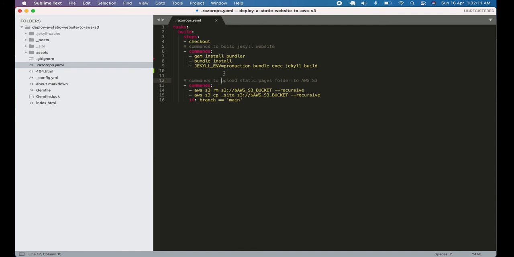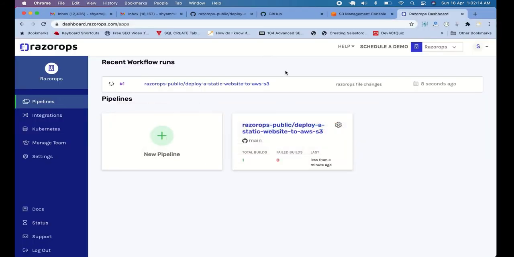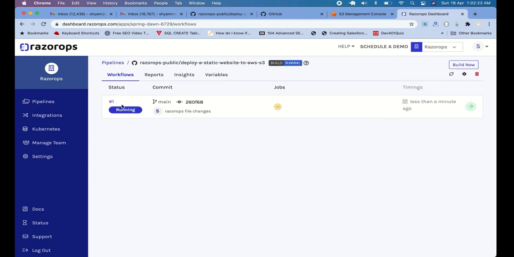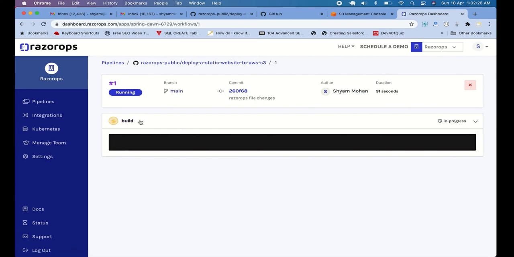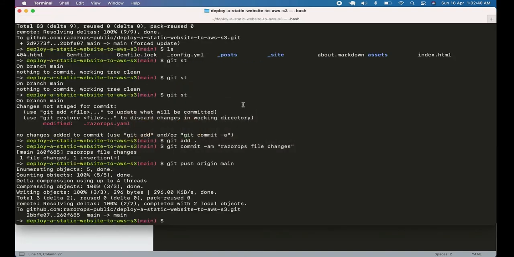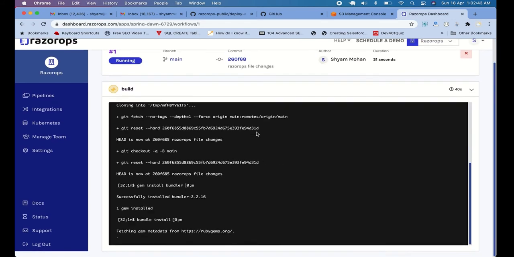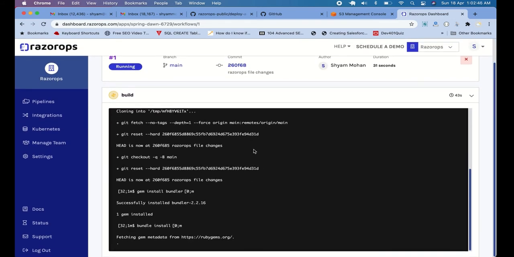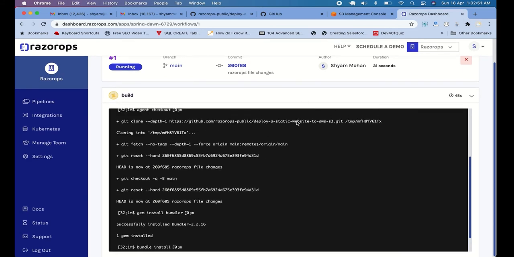Because of this RazorOps.yml, all these steps will run, and once it has run, we should see our new source code go from the pipeline to Amazon S3. So this is going on. Here you can see the build step. It has two commands. Both commands will run inside the pipeline. Here you can see gem install run, bundle install is going on. Once that is done, it will try to push the code